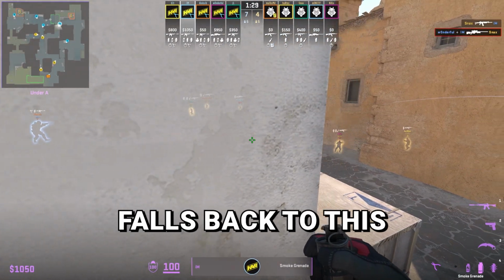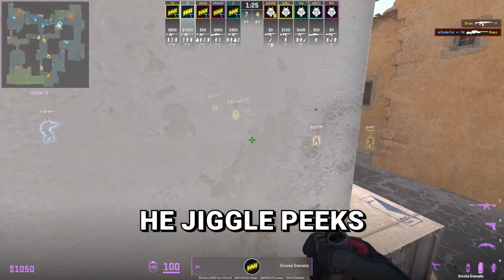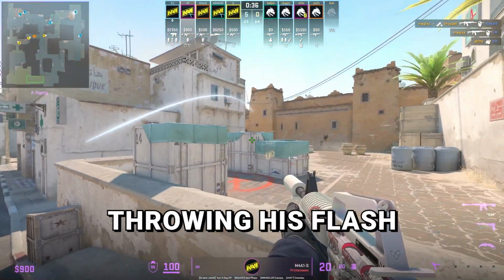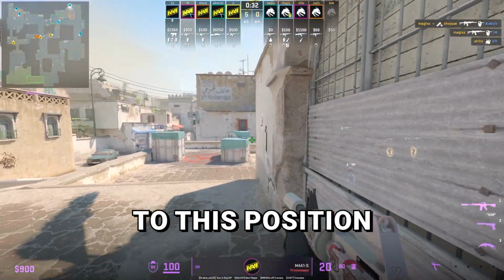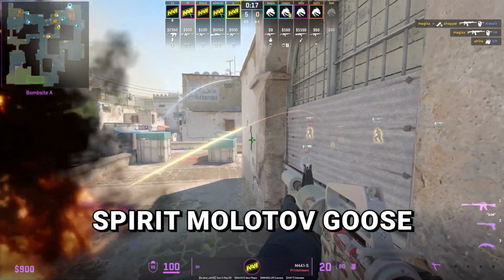Afterwards, Emma falls back to this ledge, which is a very powerful position to hold short where he jiggle peeks. Besides ramp, you could also play from Goose, as we see Emma throwing his flash short before getting to this position. You will want a teammate to help you out since you won't be peeking short, but Spirit Molotov Goose